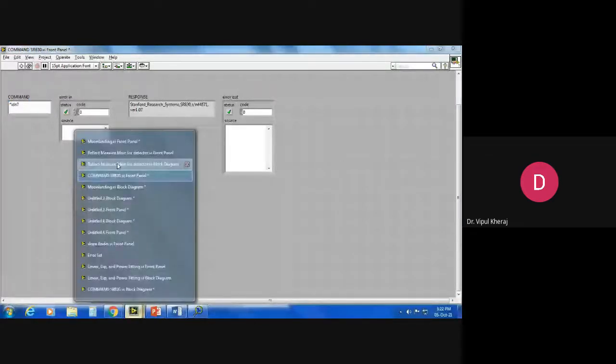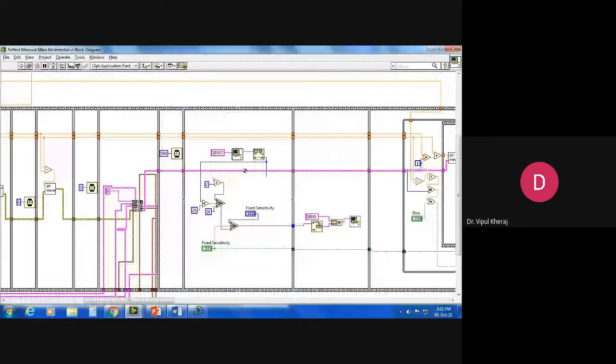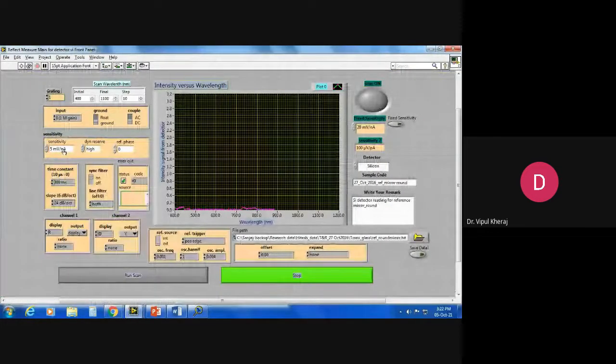For example, this is the program for reflectivity measurement. We have prepared it, and basically I set the sensitivity, dynamic reserve, reference phase, and AC/DC coupling, and then these are the wavelengths that I want to scan. What is the time constant? These are all the parameters of the Loken amplifier, and some of the parameters are for the monochromator. They are synchronized, and when I run the program, it starts from whatever wavelength I have given, like 400 nanometer, keeps increasing by 10 nanometer at every step, and reads the Loken amplifier's value every time it stops at a given wavelength, right?